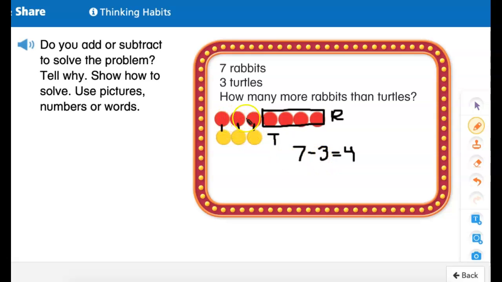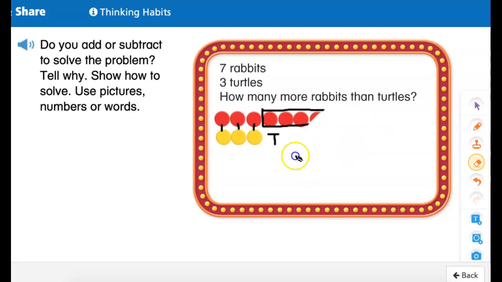Up here we had 7 red counters to represent the rabbits. We had 3 yellow counters to represent the turtles, and when we compared them, we ran out of turtles here, so we still had these 4 left. So 7 minus 3 gave us 4. So you could solve it by doing subtraction that way, or